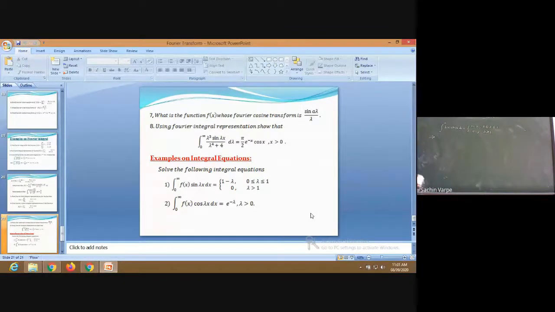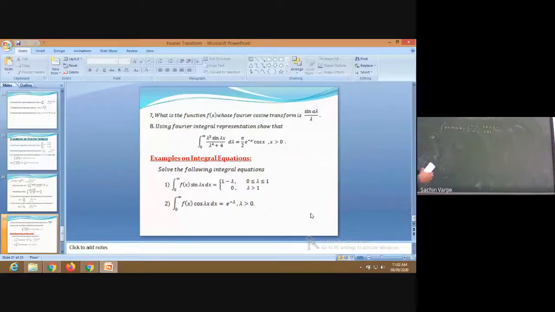So we have been asked to solve this integral equation. Now can any one of you tell me what we have been given here? See, here we have not been asked to prove or show that. This is an integral equation. Equation means equal to something, right? So the integral is equal to something, that is why it is called an integral equation. And the solution of this integral equation will be the value of the function f of x. Now tell me what we have been given here. FC lambda.